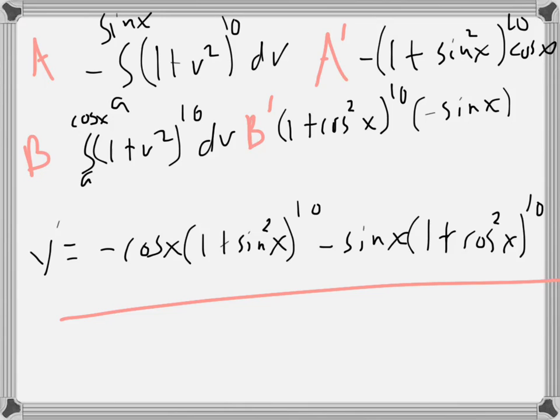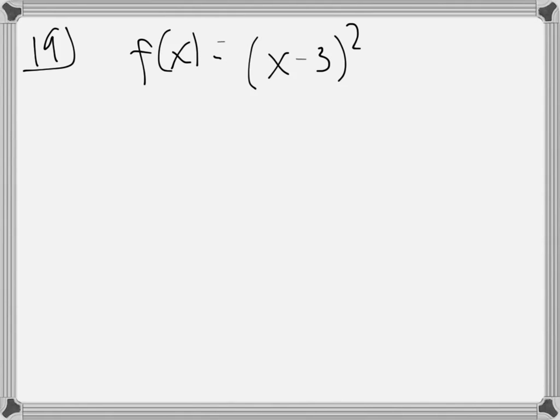So now what I want to do is move on to some applications with average value. So this is number 19 in 5.4. And I first want you to find the average value of f on the given interval. So this is f of x equals (x minus 3) squared on 2 to 5. So to get that,